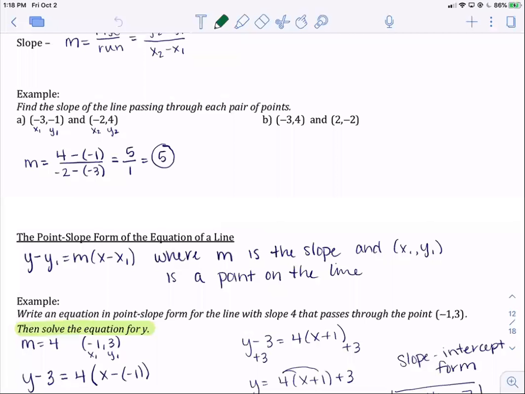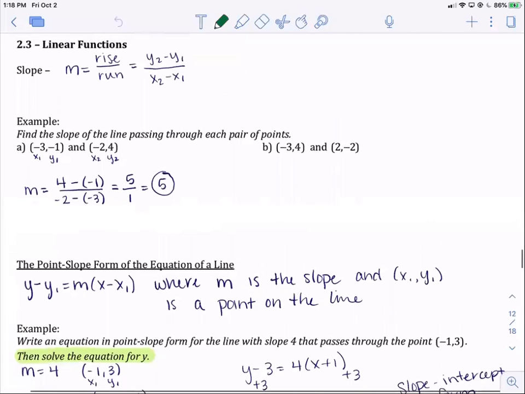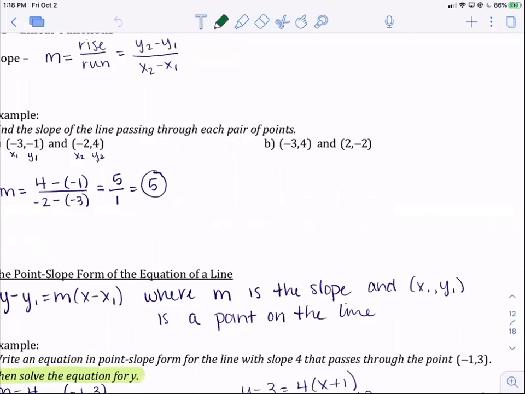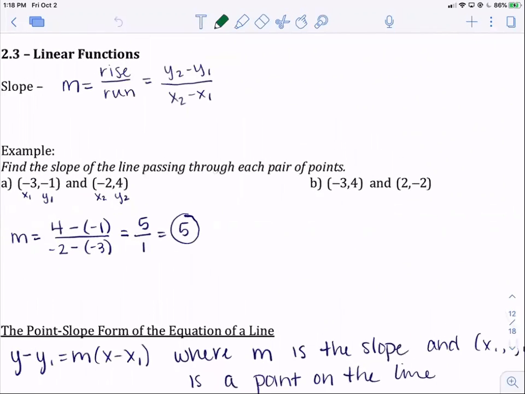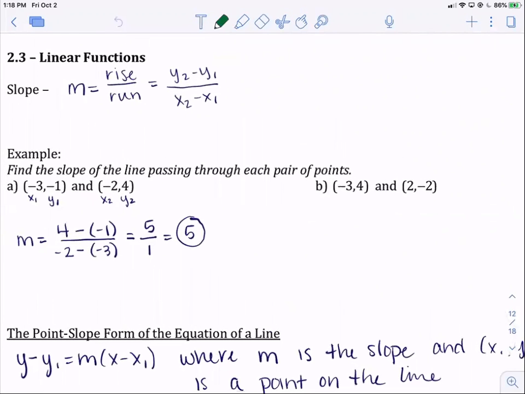Linear equations. Okay, so reviewing finding the slope. I gave you the formula. We have our points, (-3, 4) and (2, -2). So if we plug in, we have m equals, what would y2 be? -2 minus 4, and then 2 minus